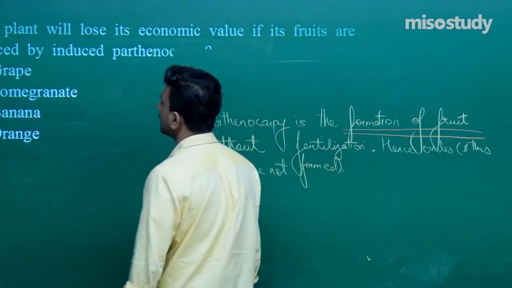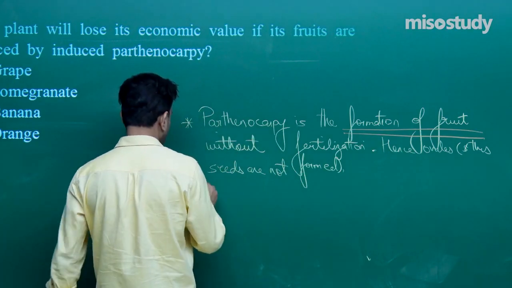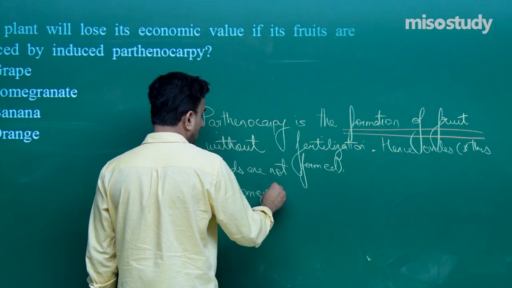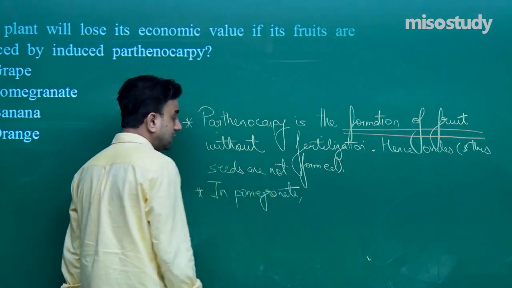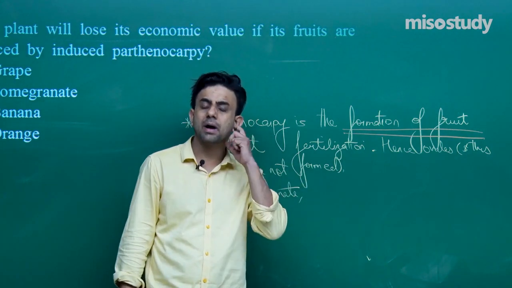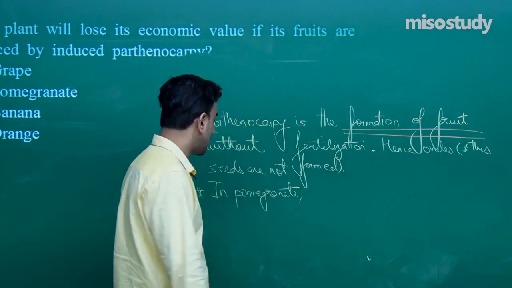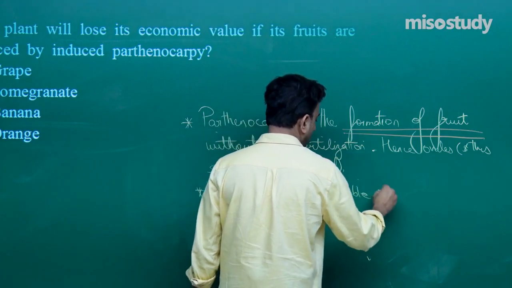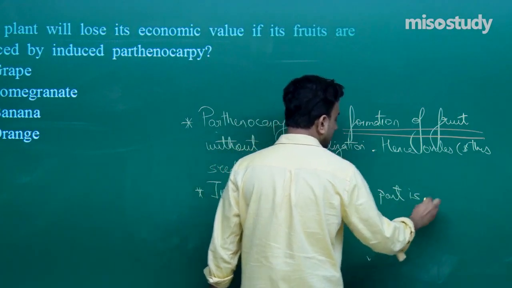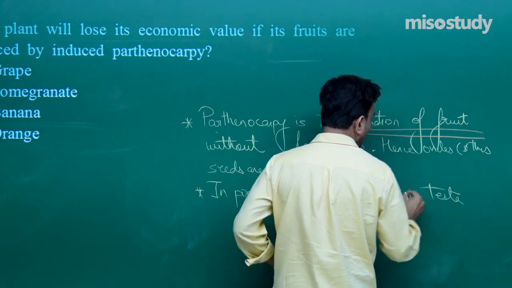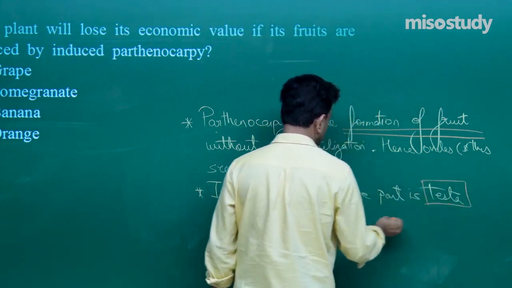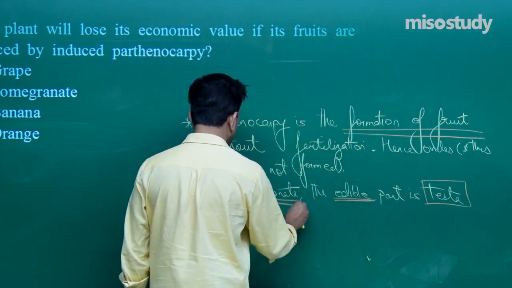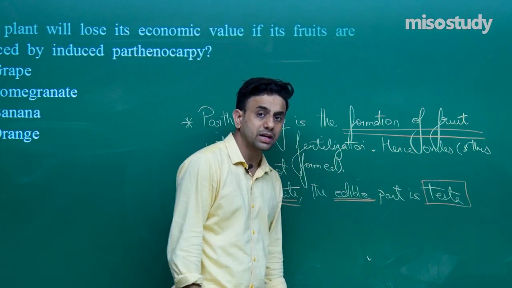So, what will we see in pomegranate? The edible part, that is the part which we eat, is the testa. In pomegranate, the edible part is testa, okay. So, in pomegranate the edible part is testa,